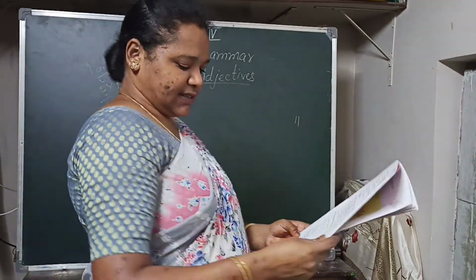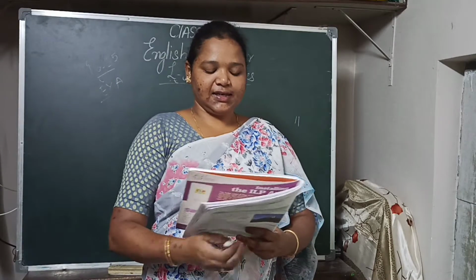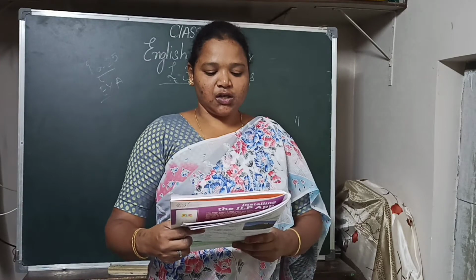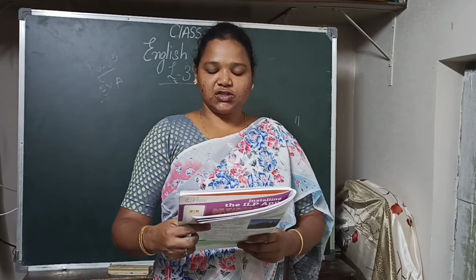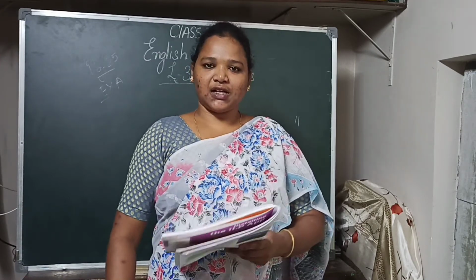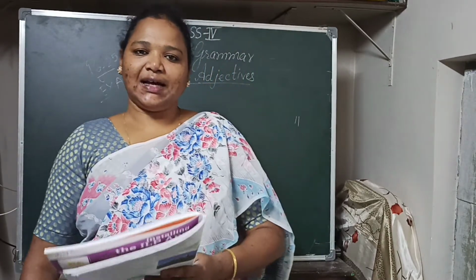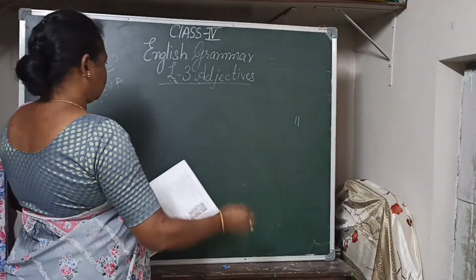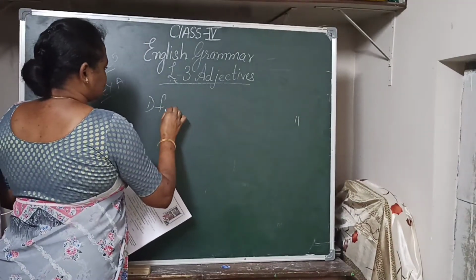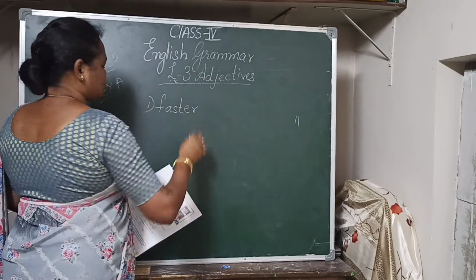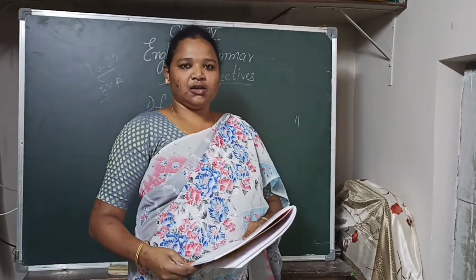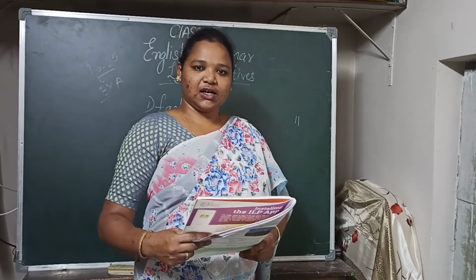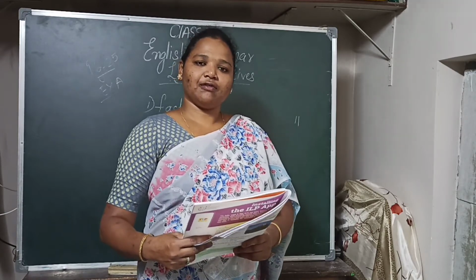Okay, so the exercise on 25th page, exercise A. Complete the sentences with the correct form of adjectives given in the brackets. First one: no one runs dash than a cheetah. They have given the adjective fast. So we have to use the correct form of this adjective. What word will come? Faster. Here we are comparing with a cheetah, that no one can run faster than a cheetah. So the correct adjective form is faster.